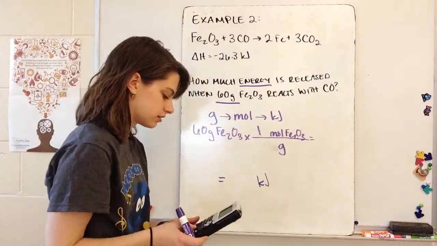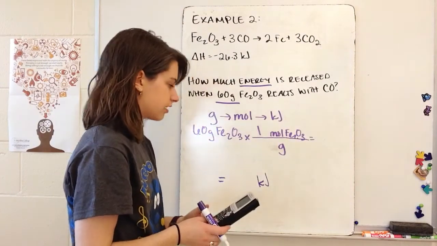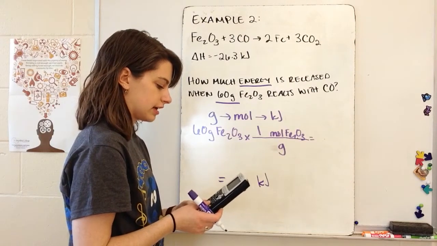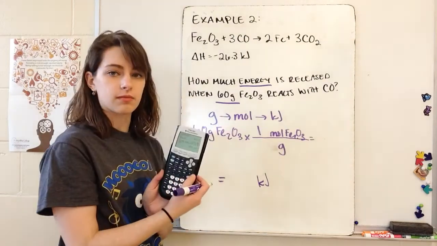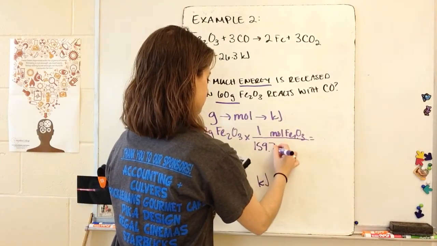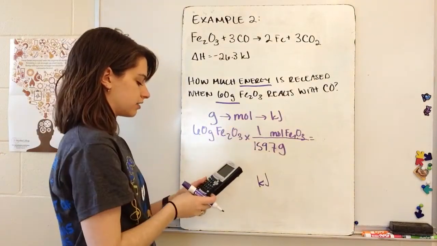So I have 2 irons, each with a mass of 55.845. I have 3 oxygens, each with a mass of 15.999. I get a molar mass on my calculator of 159.7. So if I do 60 times 1 divided by 159.7,